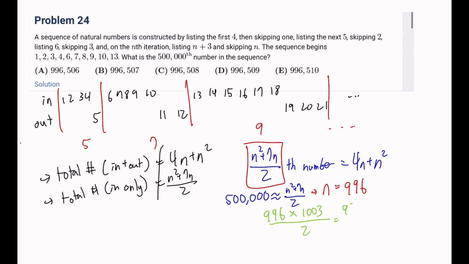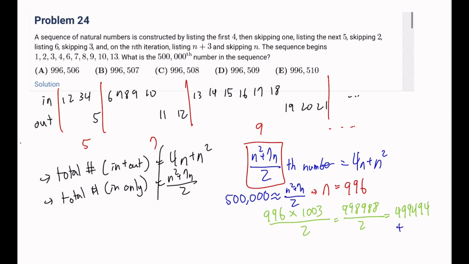This was 998,988, and this over 2 equals 499,494, right? And so this is the 499,494th number, and for this to be the 500,000th number, we need to